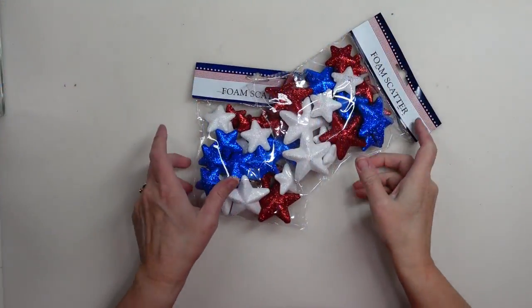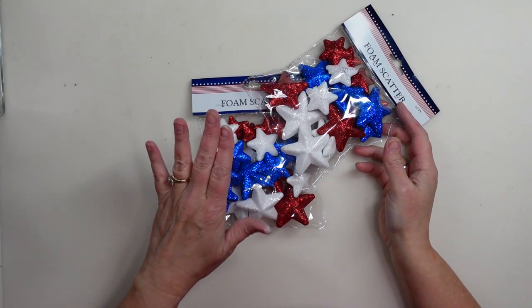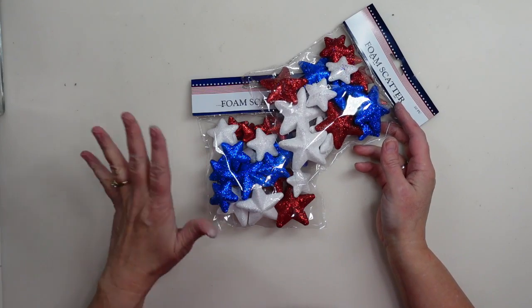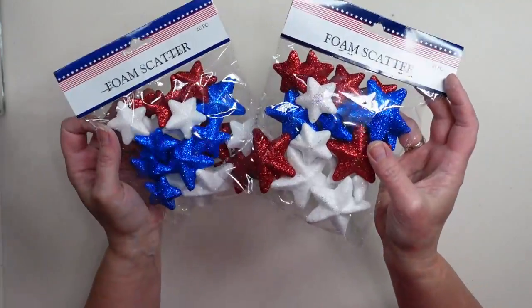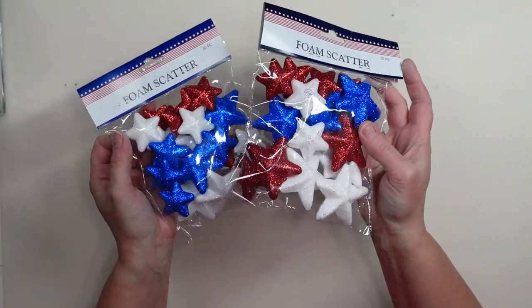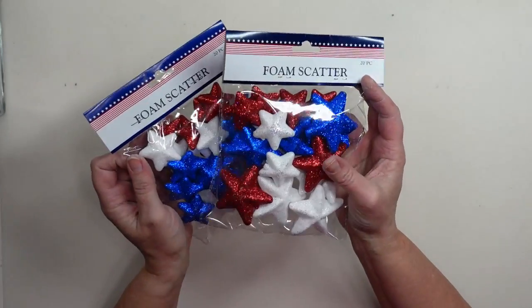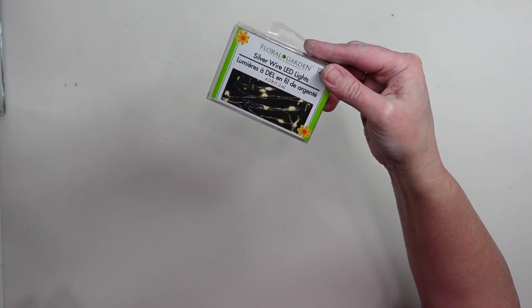My next hack is to show you a way that you can decorate for any season using just a few items from Dollar Tree and one main item from a craft store such as Hobby Lobby or Michael's. So I picked up these foam scatter stars, and since 4th of July is coming up and that's what's in Dollar Tree right now for holiday, that's what I have and that's what I'm going to use today. And then you also want to pick up a string of the LED wire lights,